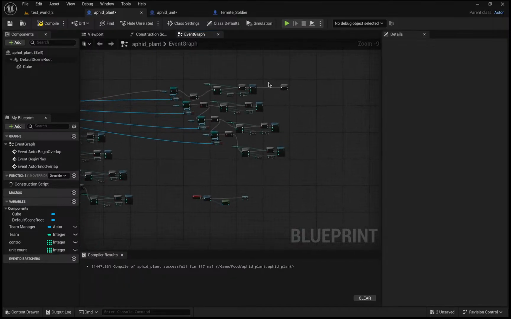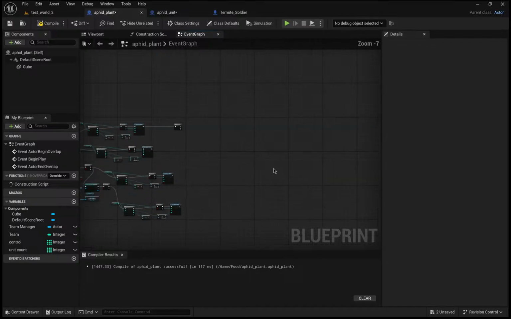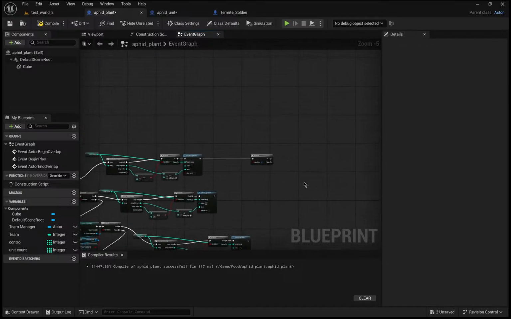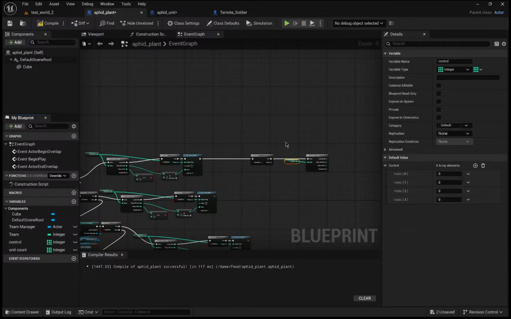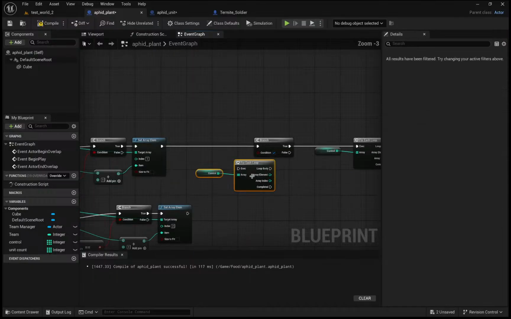I think the rest of it's pretty easy once we get past this point, because what I'm going to do, let's ignore it. So let's say true, then we're going to, for each loop, oh no, this is going to be another issue. Okay, we're going to take control, and we're going to say, oh no, hold up. I know how to do this. I'm going to say for each loop,